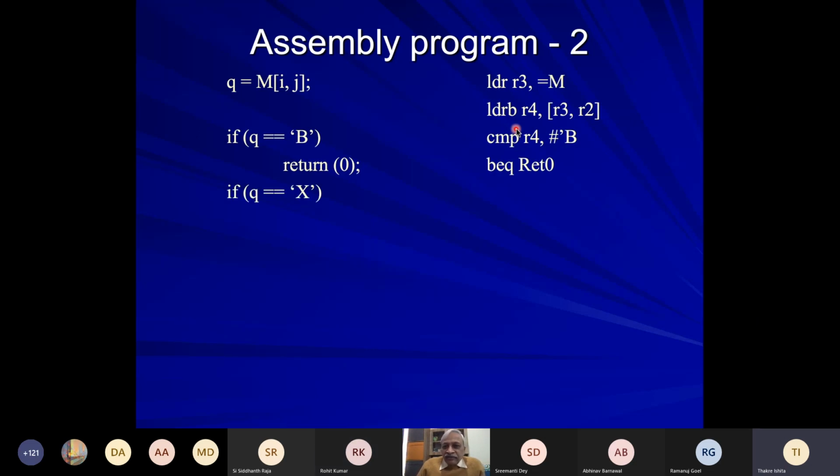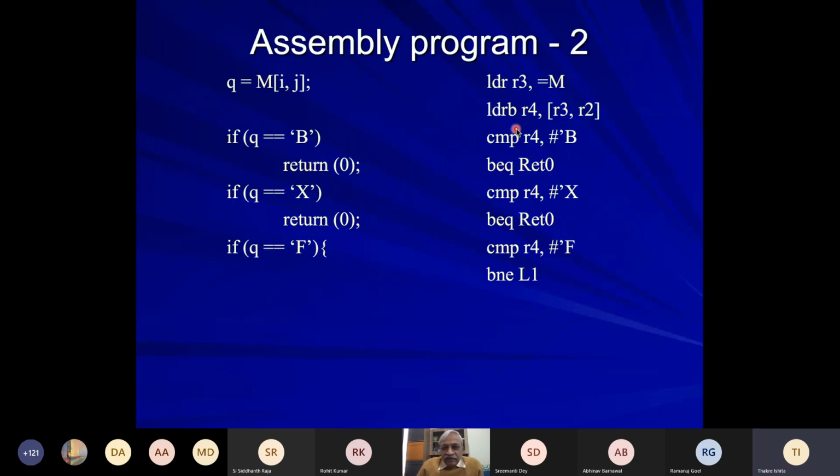Then check if it is X. If that is the case, again return 0. Otherwise, if it is F, then you need to return a 1. So if it is not equal at this stage, then you go further to label L1. Otherwise, you are